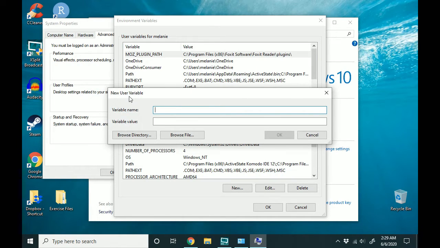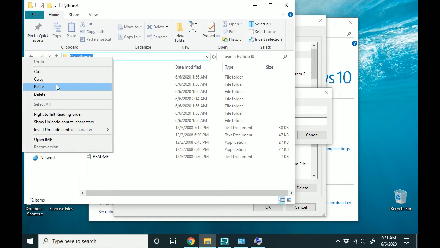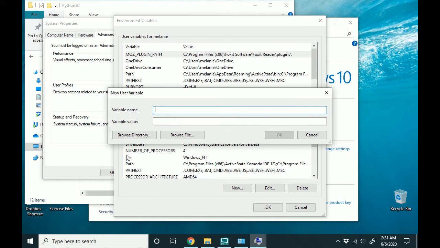So I'm going to head on over to where I have Python installed. Click Python 3. So here's the path for Python 3. I'm going to copy this. In the variable name, I'm just going to type path. Just anything can go there. And now in my variable value, I'm going to type in my path for Python, put a semicolon, and now